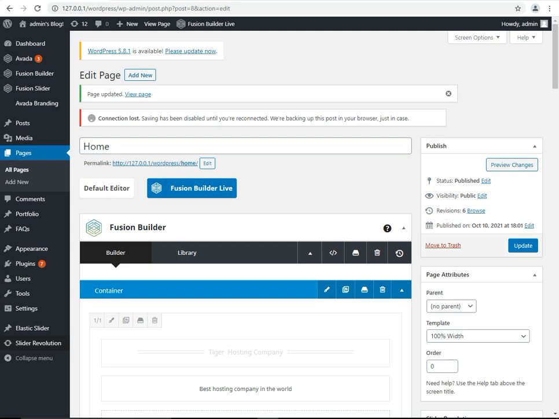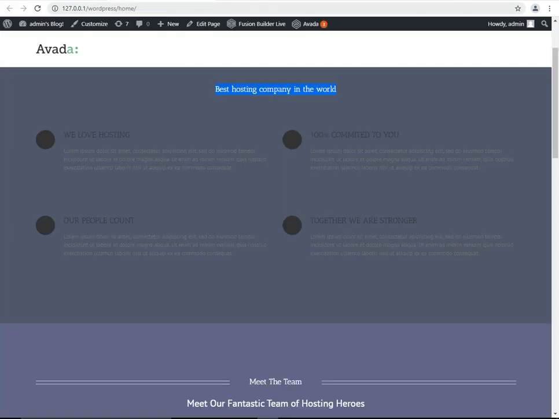We again check which type of changes occur in our system. That's great. We set this best hosting company, and this is our paragraph, this is our icon color.